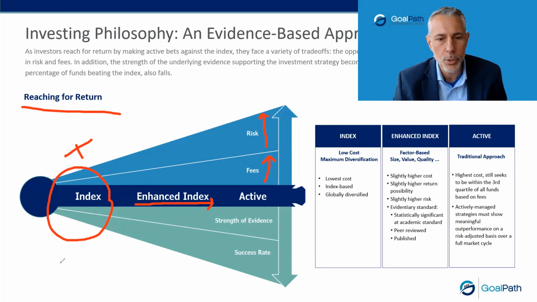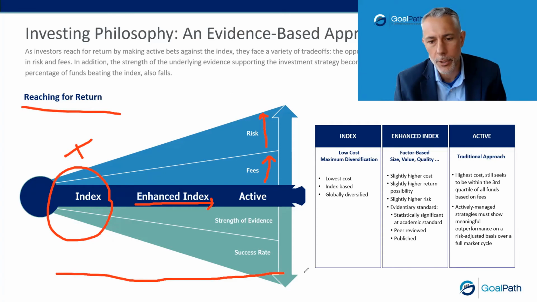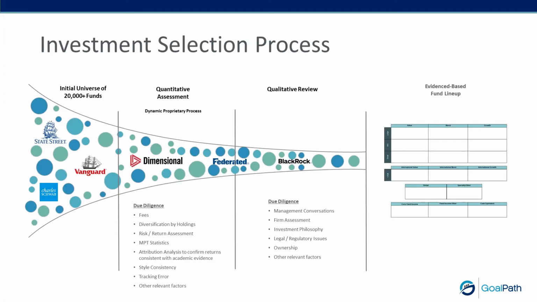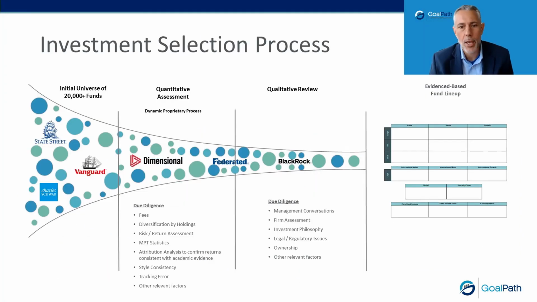So as we move from left to right, as we reach for greater and greater return, the strength of your evidence goes down. The opportunity that you have goes up. The opportunity for return goes up. You're reaching for return, but you're taking on more risk. And your success rate also goes down, as supported by the numbers that I just reviewed at the top of this little presentation. So we take all that and we push it through our process, and you can see that